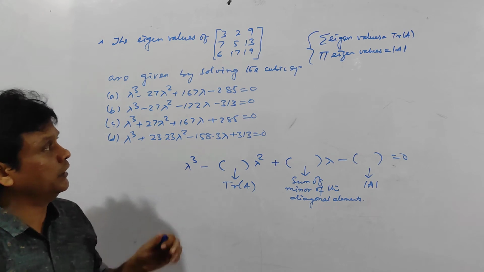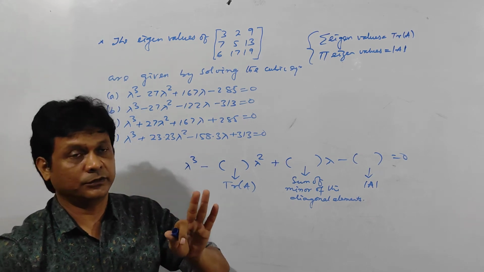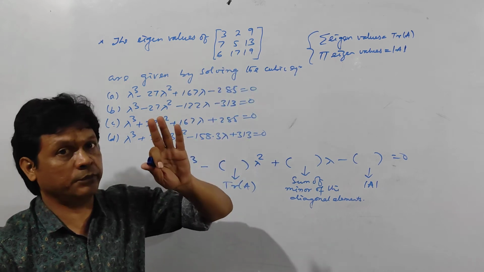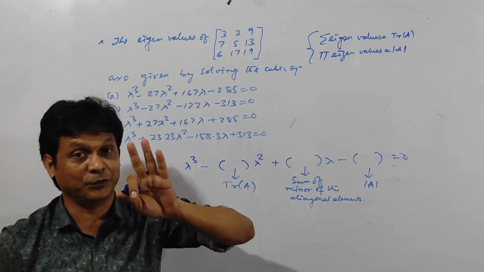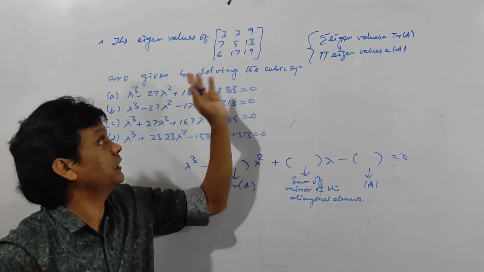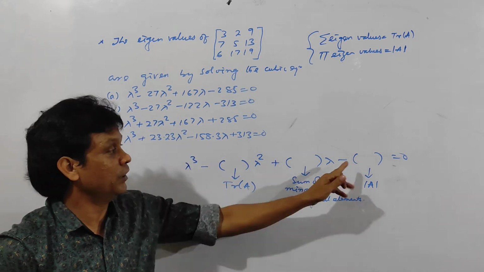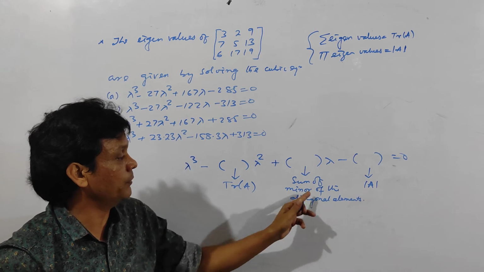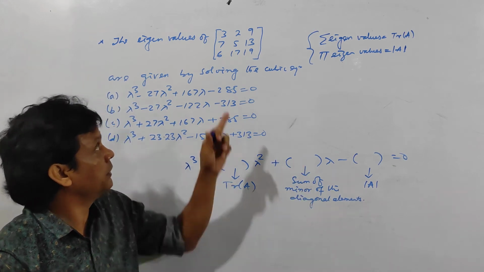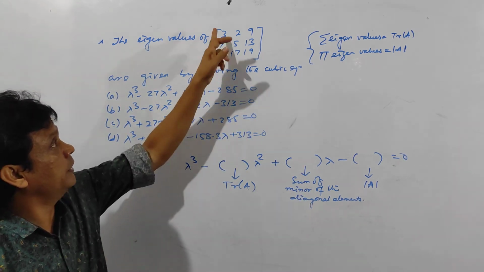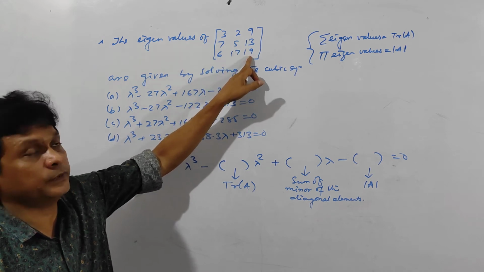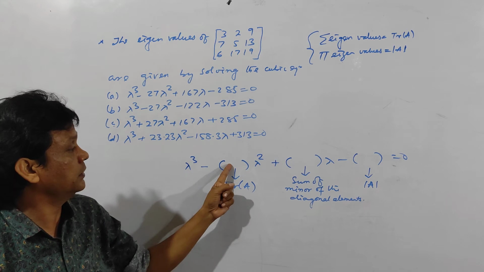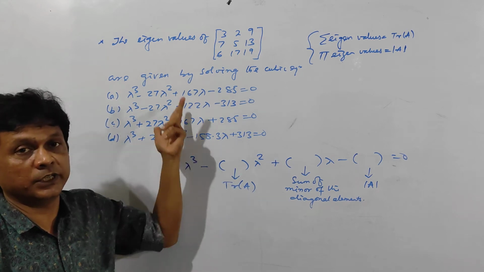And simply it will take less than 1 minute. You should find the determinant, and in this case, for determinant you should remember the multiplication table. The 19, 17, 13 are there. Okay. Then only you can find the determinant quickly. And sum of the minors of the diagonal elements you should write here. That means minor of 3 plus minor of 5 plus minor of 19. You should write here. And the sum of these 3 elements you should write here. Automatically you will get the answer.